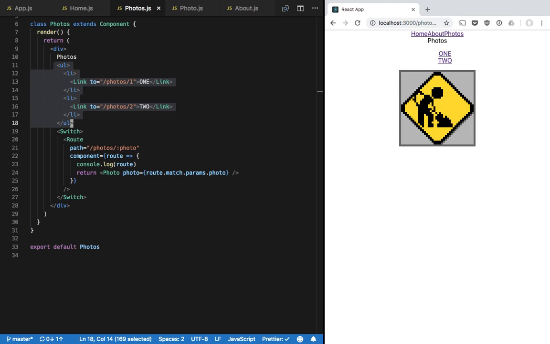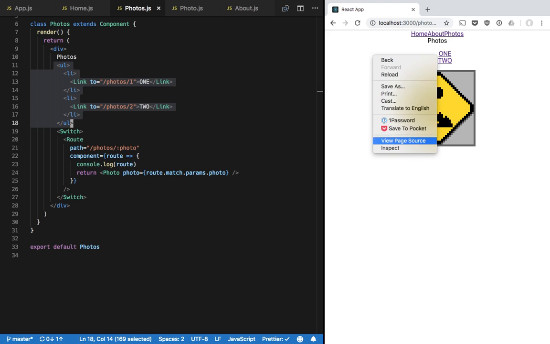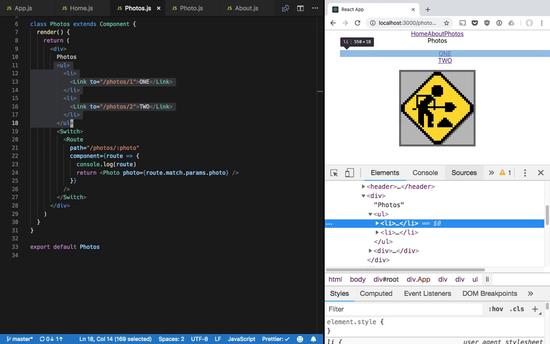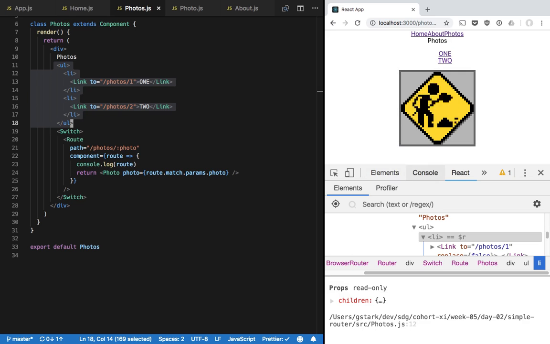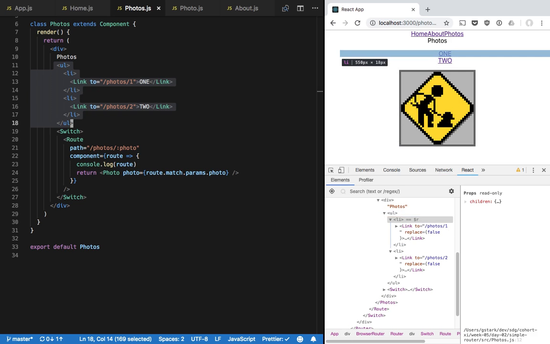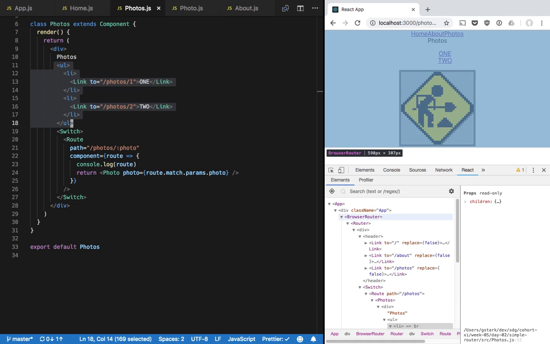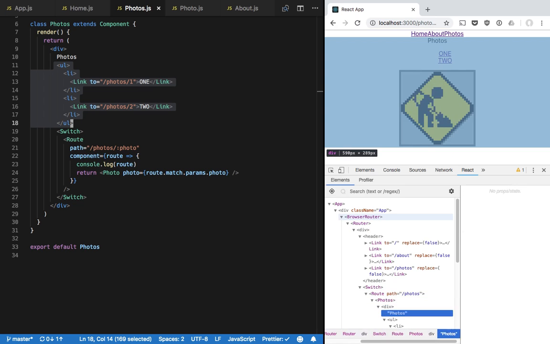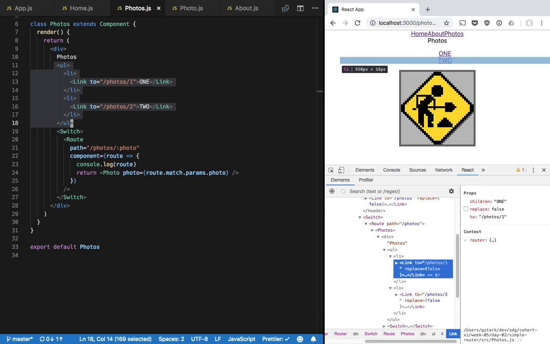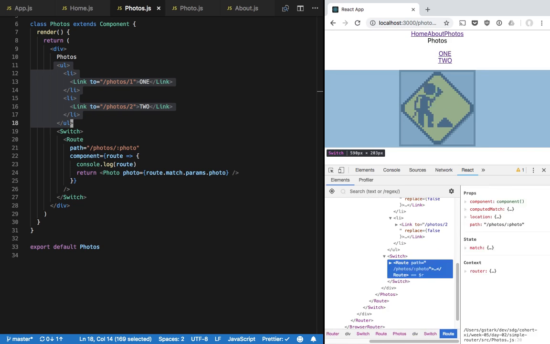This is kind of the core basics of React Router. As we saw earlier, it can get pretty complex. And if you'll start noticing in your React view now, let's make it smaller. What was once a little simpler, now we have a browser router with a router, and then links, and we have a switch with a route and a thing, and then this has got down here a switch and a